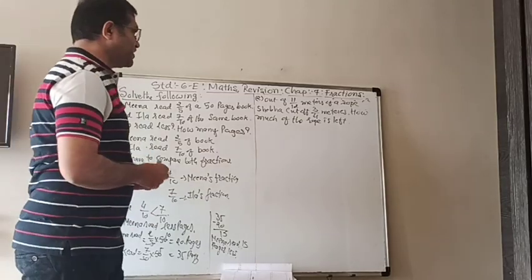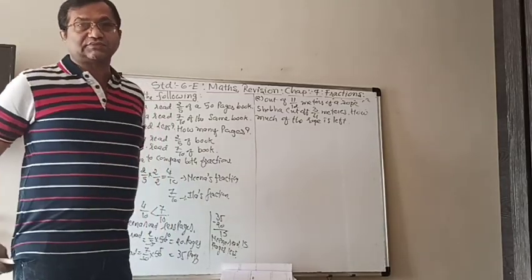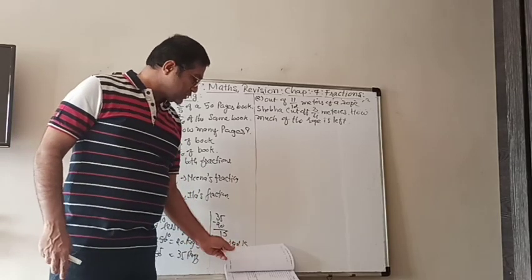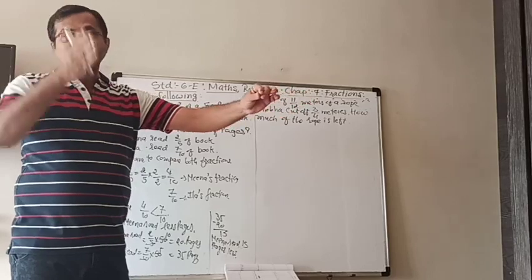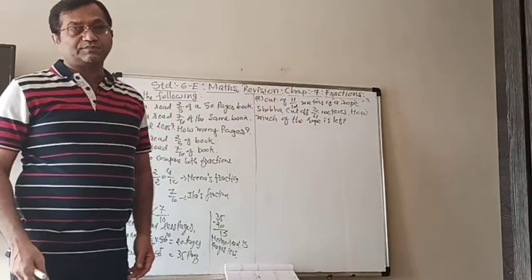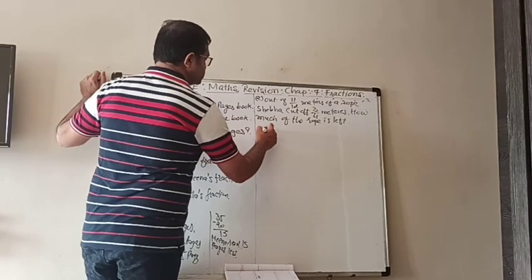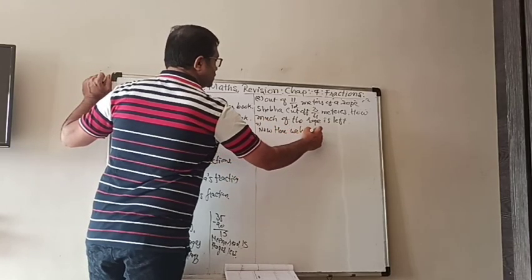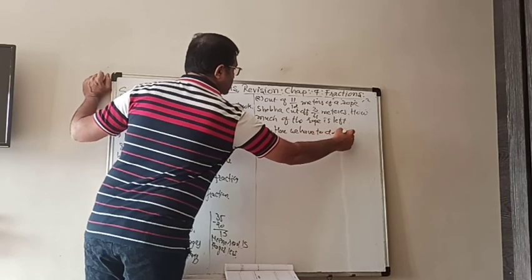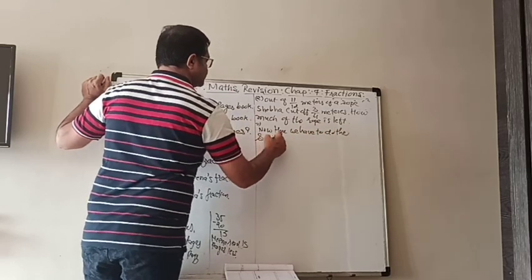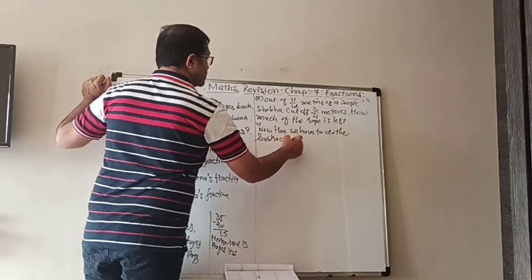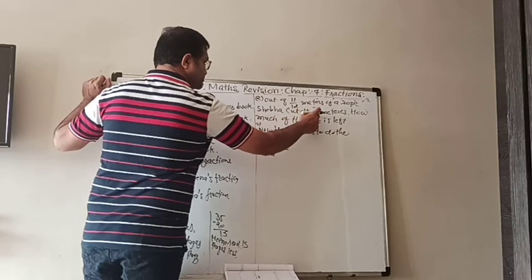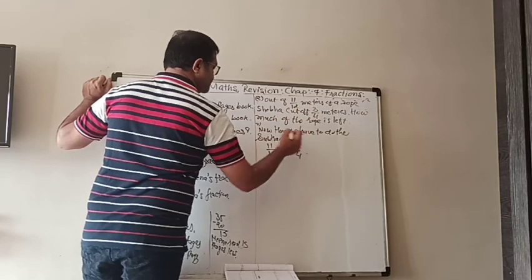So first of all, you have to decide what type of question it is. Is it addition or is it subtraction? So now there was a rope and it is cut. It means that it is subtraction. So now here we have to do the subtraction. That is 11 upon 12, that was the rope, minus the cut off 3 upon 4.